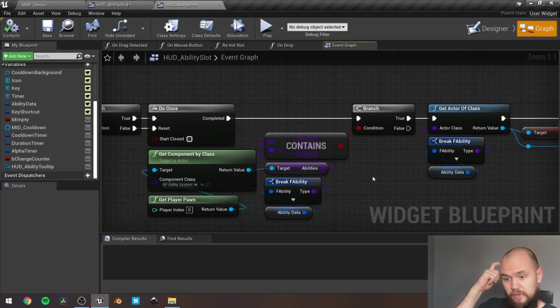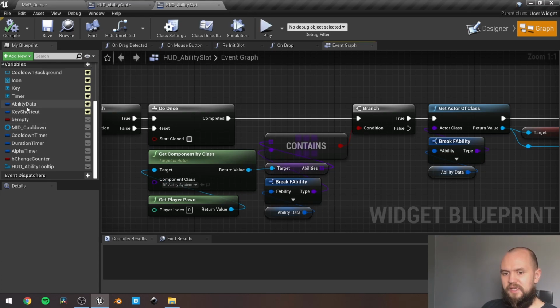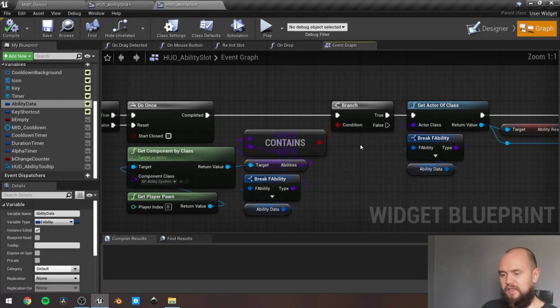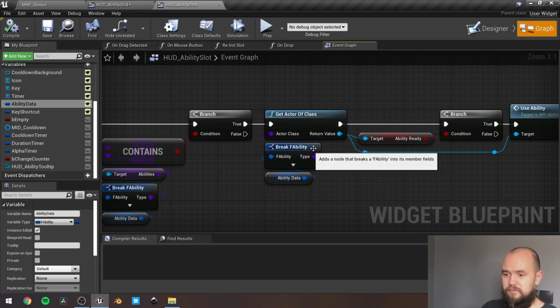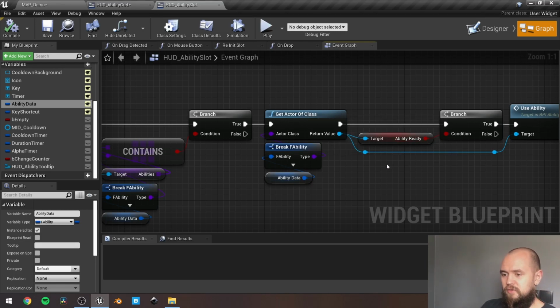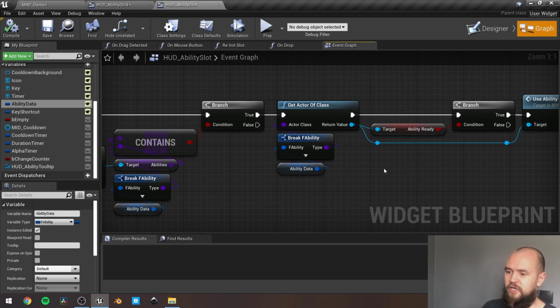Next, we check whether the player pawn, I also get the component of the ability system, contains the type of ability that I have from ability data. And if it contains, it means from ability data I can get actor of class. It will return the first one, but as I said early on in the tutorial, it doesn't care what type of actor we are corresponding to. It will take the first one and it will fire the event, and it will work perfectly. So whether it's on the scene or whether it's unattached to our character,